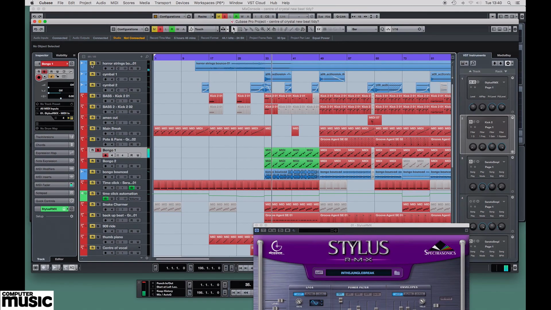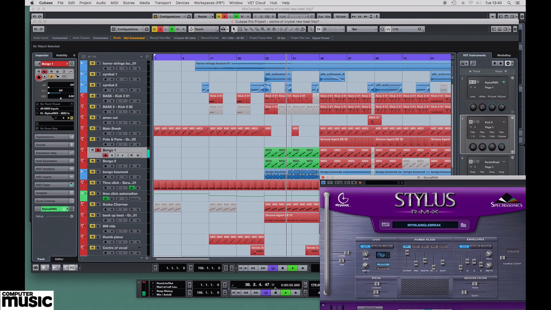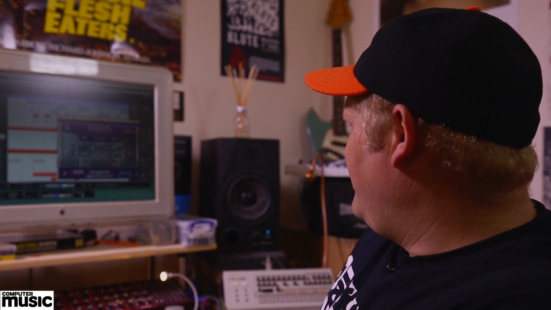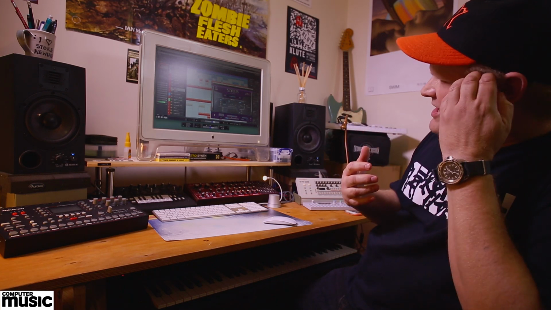within Stylus RMX, which is a bit of a favourite of mine, just got used to it over the years, I stumbled across this. It would have been a preset from a library of some kind, and I spent the next few days trying to mold this into some kind of usable thing. It was quite spiky, very, I don't know,